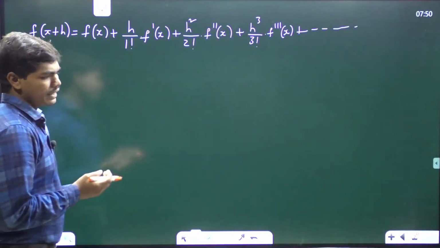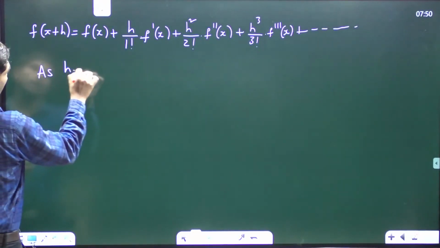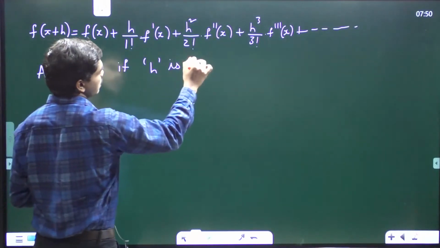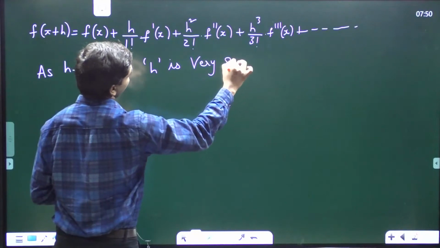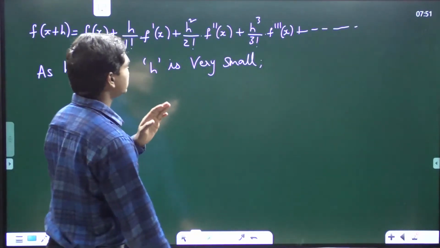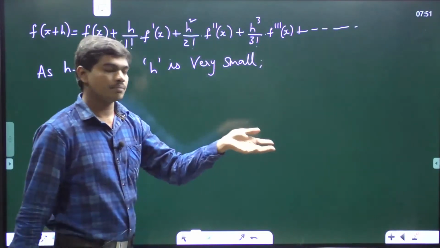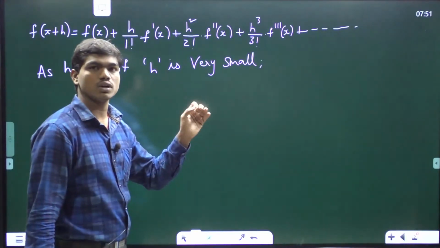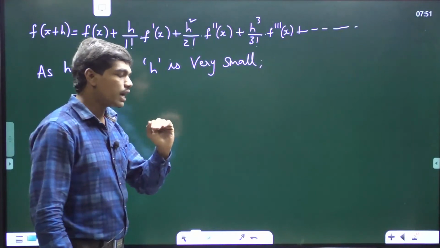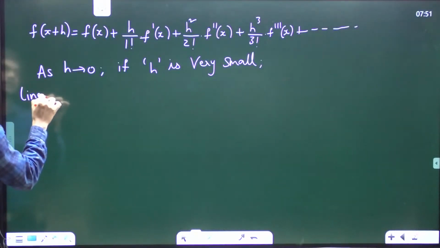So if you make a small analysis here, for example, as h tends to 0, means if h is very small, now see one thing, if h is very small, can I neglect this h square, h cube, all these higher order terms? Because in previous class also we were discussing, when h is very small, the higher powers keep on decreasing to values which are very low. So in that case, if I approximate this, and if I take in particular linear approximation,